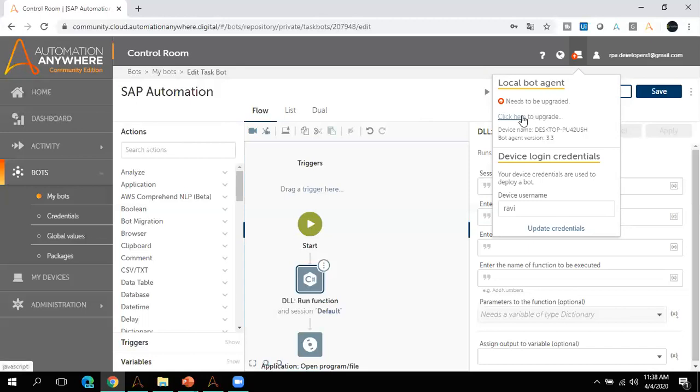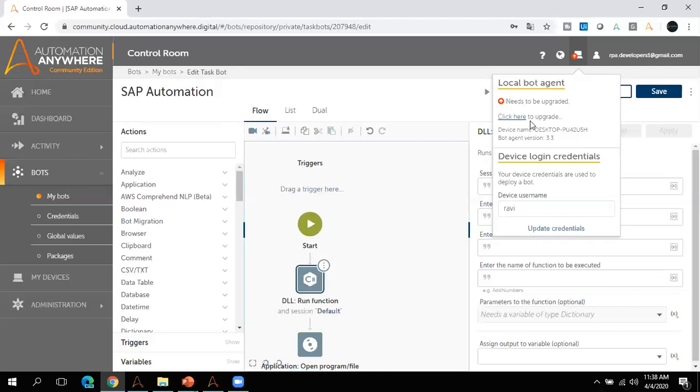If you click, you can see here after accessing this link, if you come to this section, it will give you the options. For my scenario, it is asking me to upgrade. The Automation Anywhere engineering team keeps working and adding more and more features, so whenever new features come or are updated by Automation Anywhere, you'll get a notification here. So you have to keep updating your bot agent to run your bot.